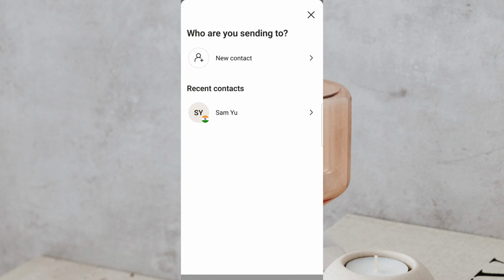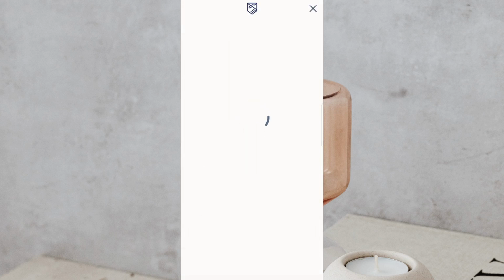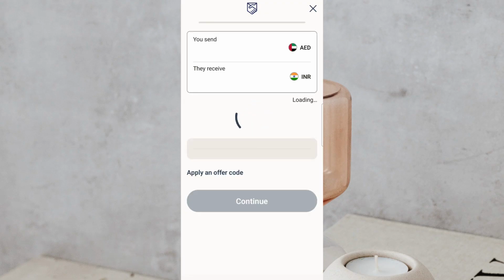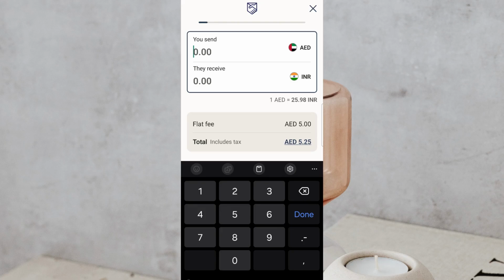At this stage, if the recipient's contact information has already been saved in your account, you can simply select that saved contact to save time and avoid entering the same details again. If the recipient is not already saved, click New Contact instead. Then select their country, which in this case should be India. Make sure you choose the correct recipient profile so your transfer is directed properly. Taking a moment here to confirm the destination can help prevent delays later in the process.